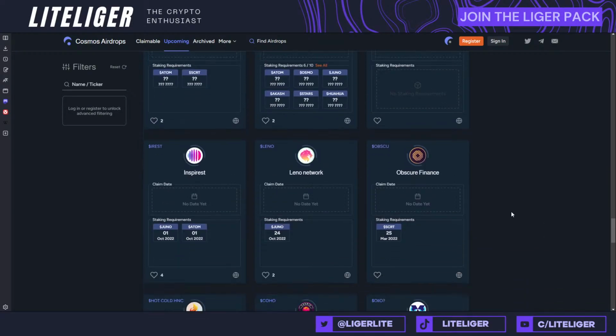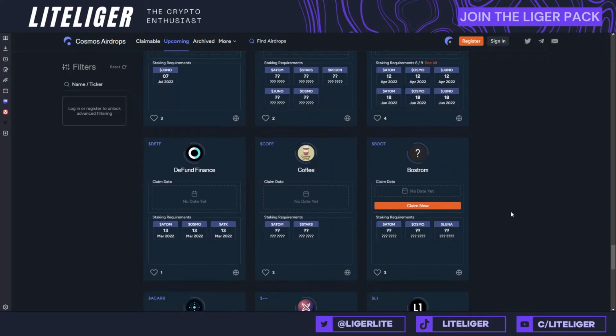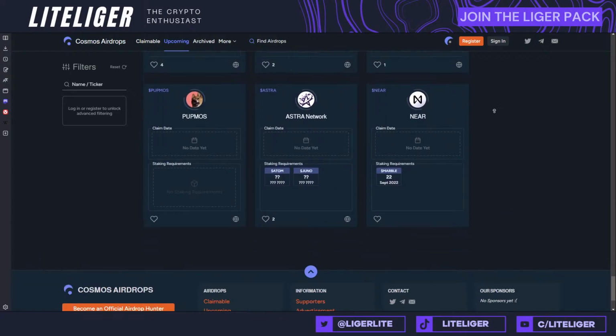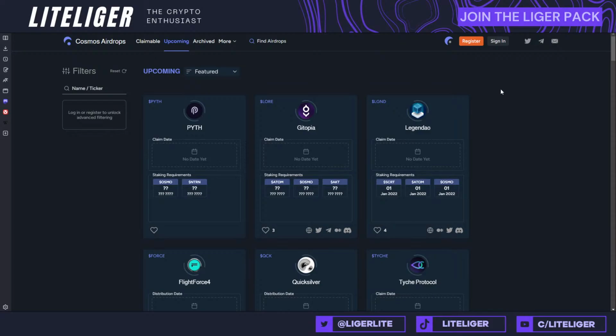I think it's kind of unlikely, but you know, Atom is in a bit of trouble. I think in this cycle I'm going to be selling all my Atom, and I'm not going to be relying on this airdrop system of Cosmos because it's just distributing a lot of money to a lot of these tokens that have been releasing and not being very successful. But hey guys, I really appreciate you for tuning in and checking this stream out. And let's hope we're going to be making a lot of money with Zksync.